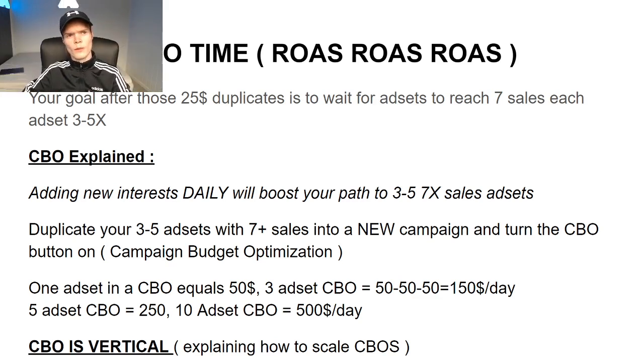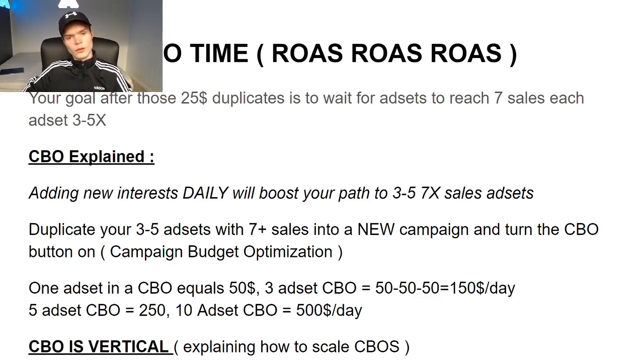But in a CBO, you don't do that. In a CBO, you put in a budget for all of your ads. You don't have a specific budget in each ad set. Let's just say you give Facebook $100 and you have 7 ad sets. Now they're going to divide the $100 to the ads that they believe in. But you can't really do that without data, right? So basically you give Facebook the budget, and they'll spend it on the ads that they like. They spend it on the ads that they think will create results and what's already doing good. Which means you might just spend $1 on a couple of ad sets while others get $30. Facebook just decides, and that's why CBO is powerful.